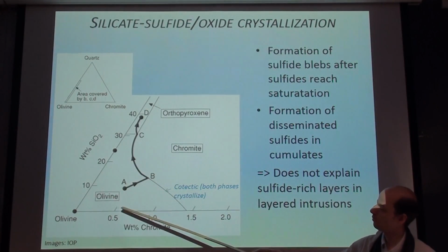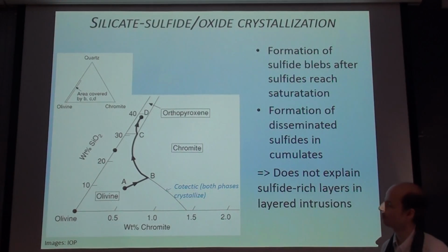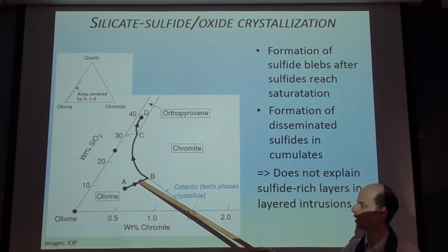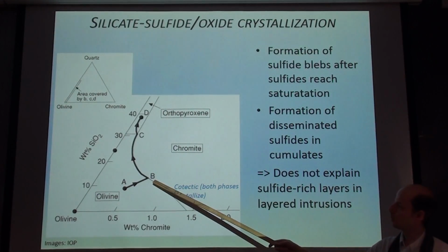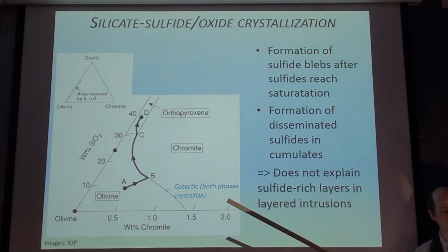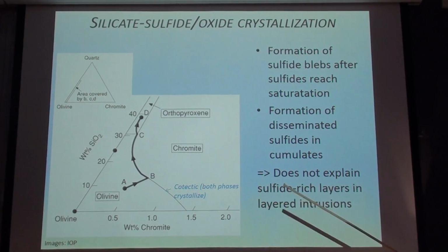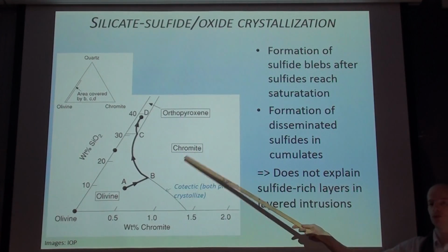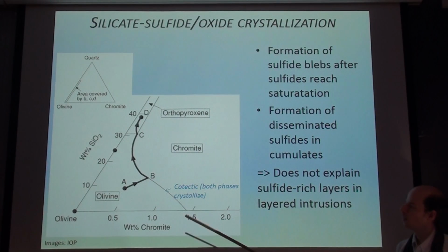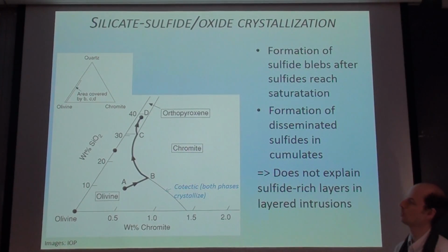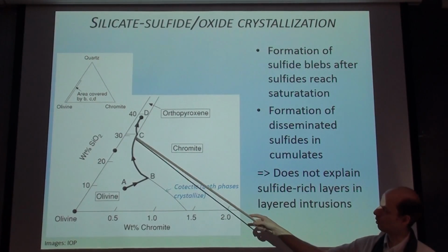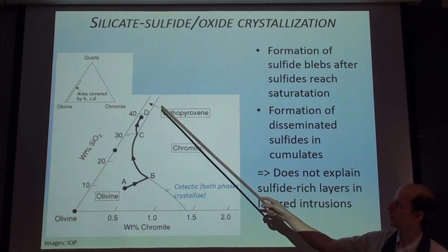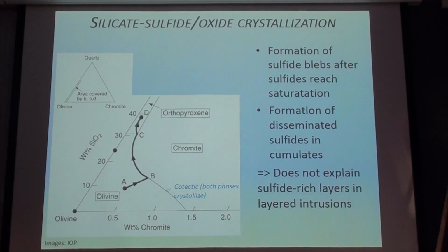It's in the olivine field. We start crystallizing olivine. So the magma moves away from the olivine corner until it hits the peritectic, which is a point where both olivine and chromite start to crystallize. And so temperature will continue to decrease and magma will continue to crystallize. The composition will move along the peritectic up to point C, where then we start to also crystallize the